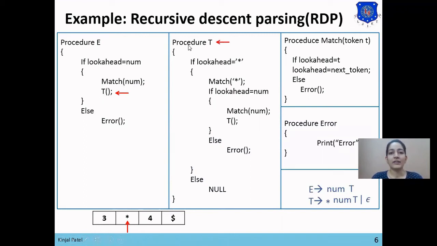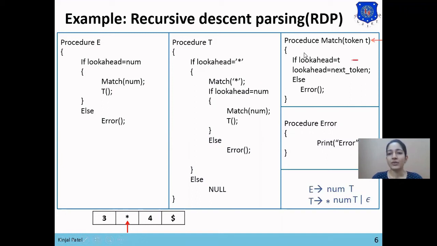So the counter will be executed to procedure T, and in the T procedure it says that if lookahead equals star, so yes, lookahead equals star, the condition is true, then match star. So now the match procedure for token star will be called.